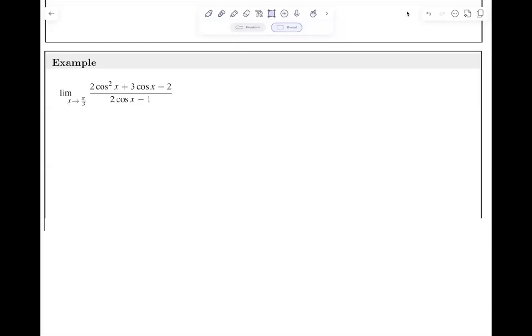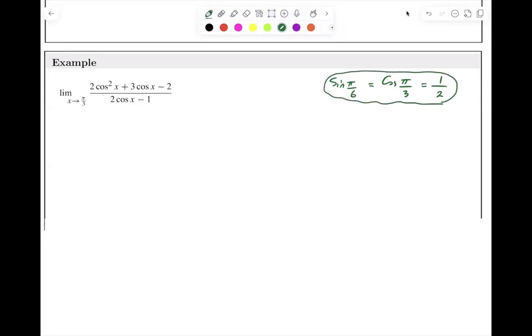My next function is (2 cosine squared of x plus 3 cosine of x minus 2) over (2 cosine x minus 1), while x approaches pi over 3. So again, remember that cosine of pi over 3 is the same as sine of pi over 6, and both of these are equal to a half. So if you do direct substitution, this becomes